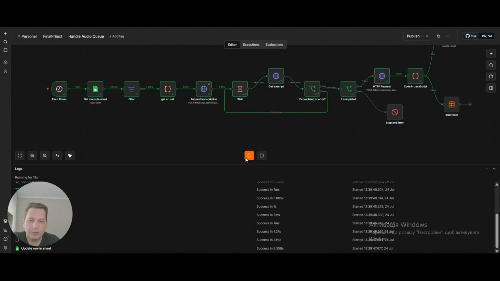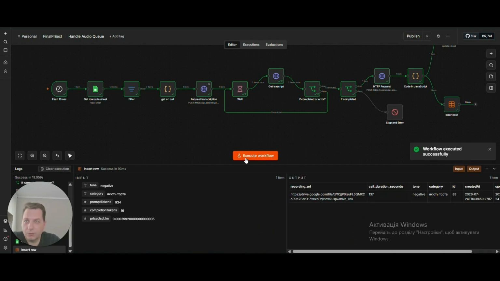This solution fully automates the process of analyzing phone calls, ensures quick access to analytics via an AI agent, and allows management to promptly evaluate customer service quality. Regarding financial cost reductions, this will save up to $655 per month. The payback period for such a project will be around 2 months.